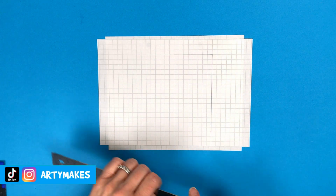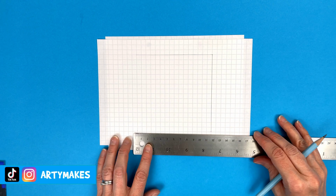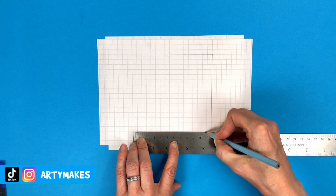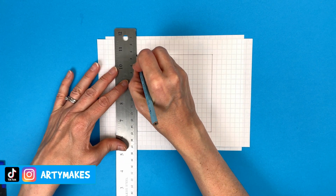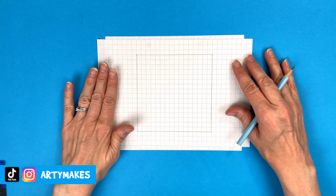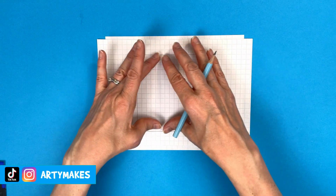So 16 down. This is going to be much easier because I can actually see where I'm going to end. So I can use my ruler to just draw across there like that, and I can do another line down like that. I now have a piece of canvas, shall we say,